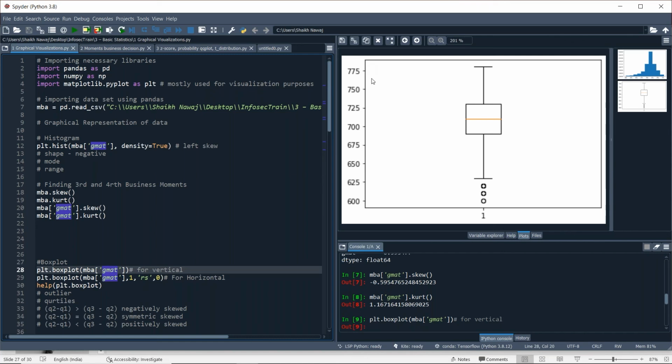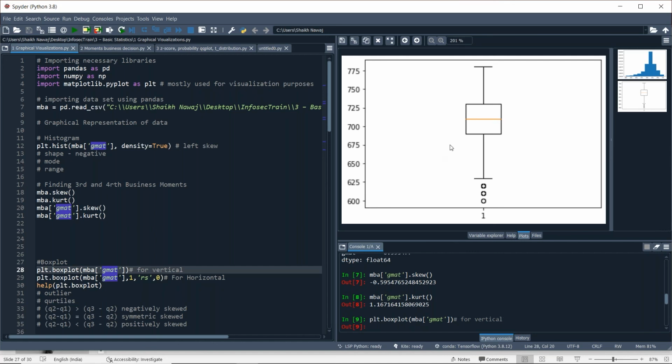Then this line shows the lower quartile, whose value is something like 690 to 695. Now this is the median, or quartile 2, Q2, and this is the upper quartile.